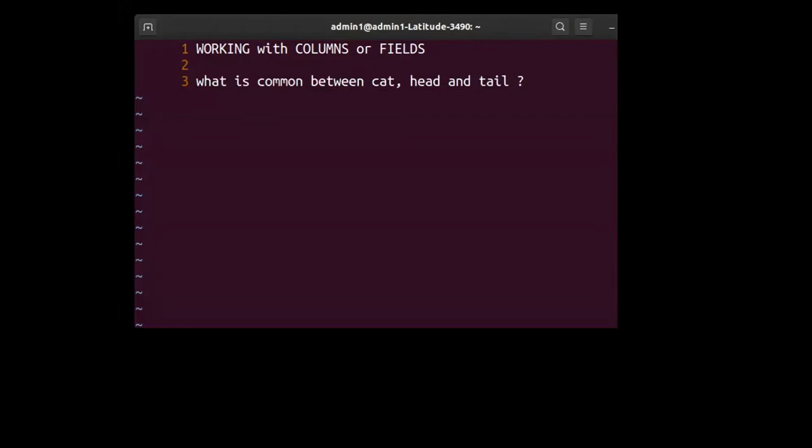The question is, what is common between cat, head and tail? Please type your answers. Understand and then answer it. It's very, very important. What is common between cat, head and tail?